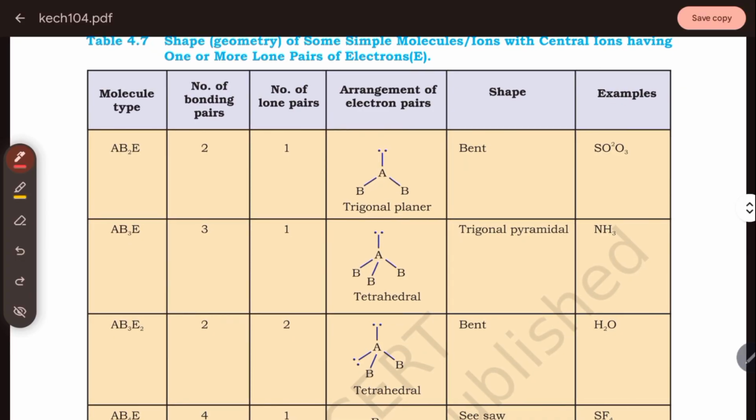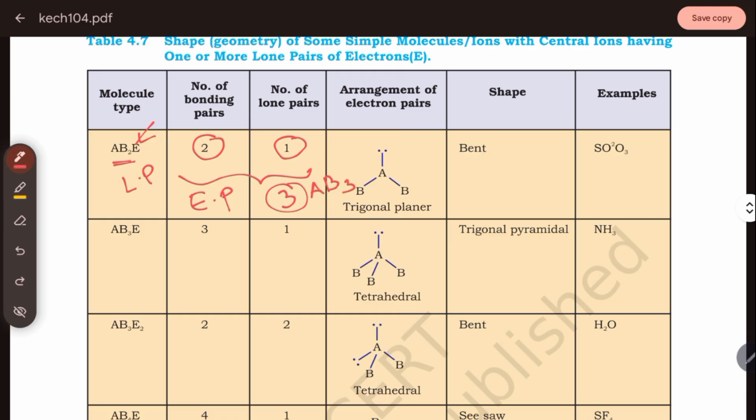So here we can see AB2E type. E means the lone pair. Okay, so this is the lone pair. So AB2, from this I can see there are two bond pairs, there is one lone pair, and combining I have three electron pairs. So if the electron pair is 3, then obviously it will be